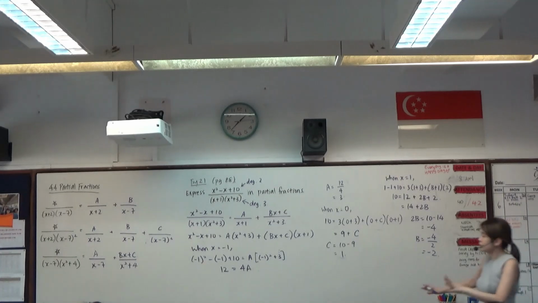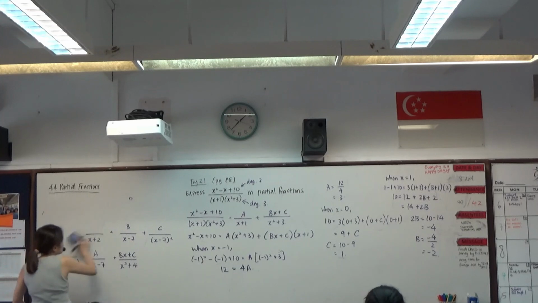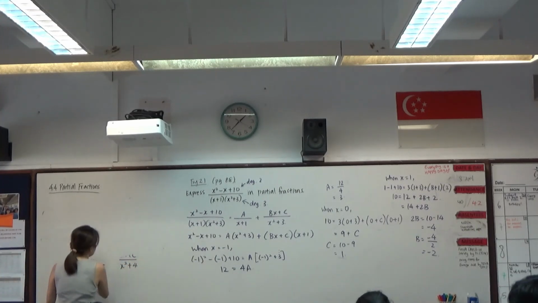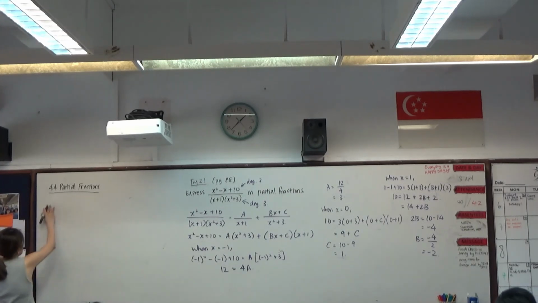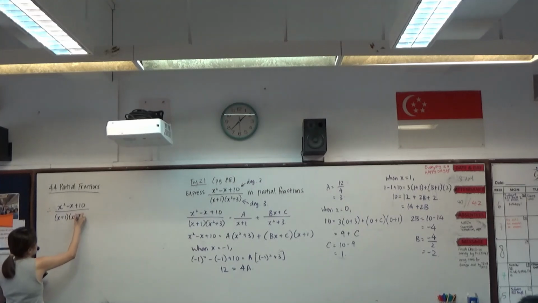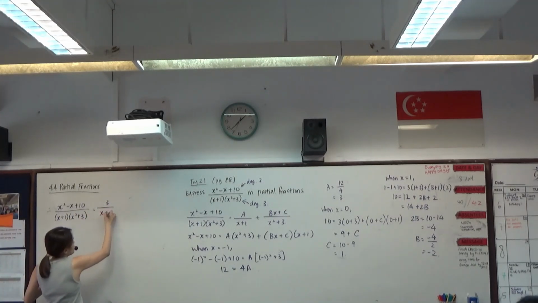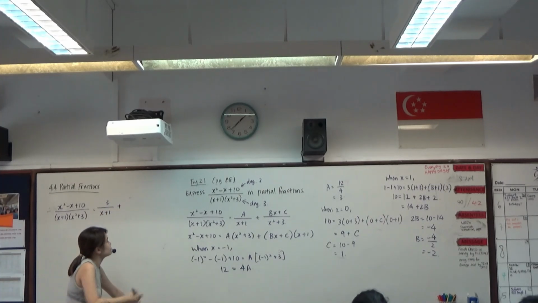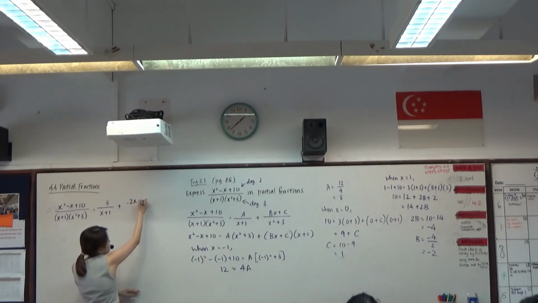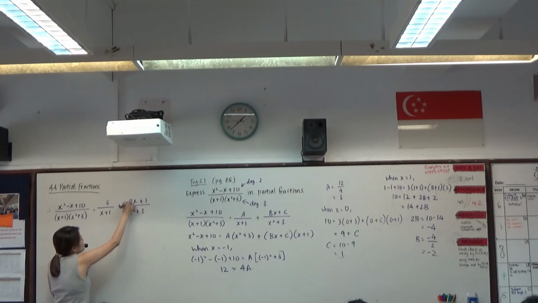Then putting it back into our answer, not yet getting the answer, make sure you put it back into its fraction form. So this answer will then be A, your 3 over x plus 1, plus B is negative 2. So now this is the part where I want us to be careful about our presentation. If B is negative 2, usually